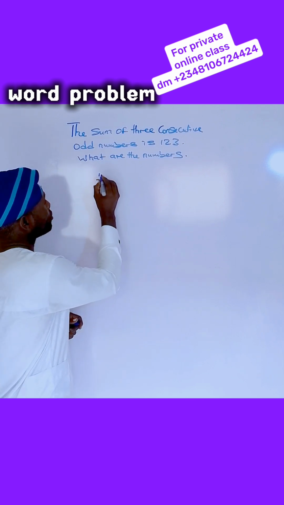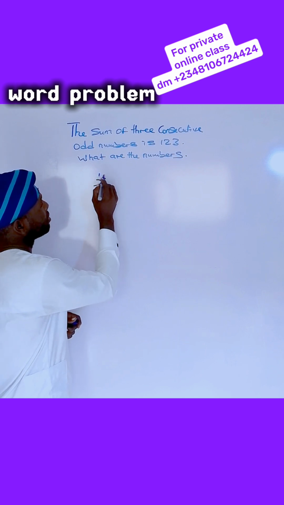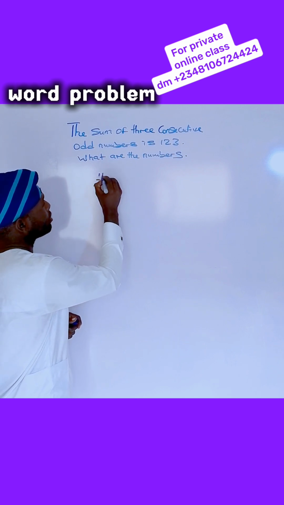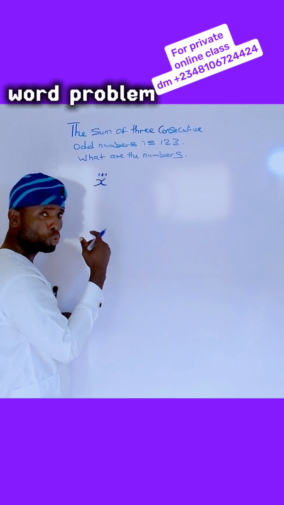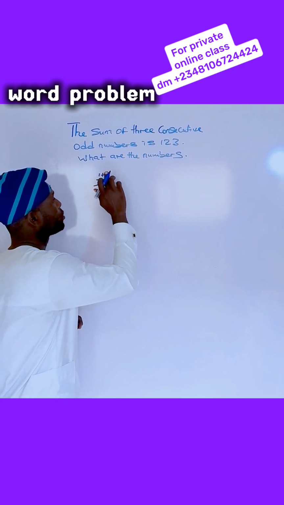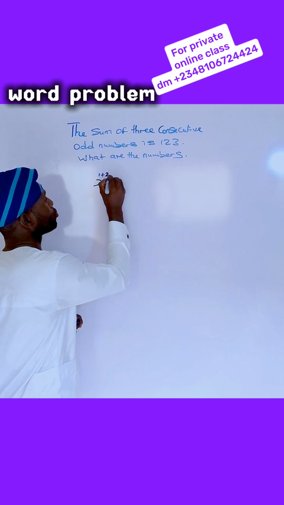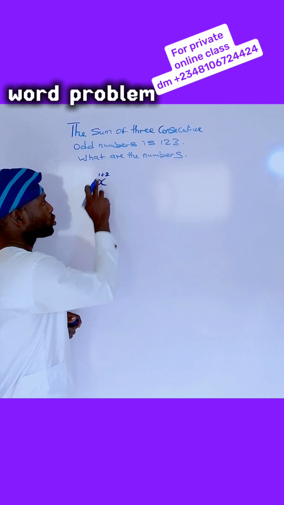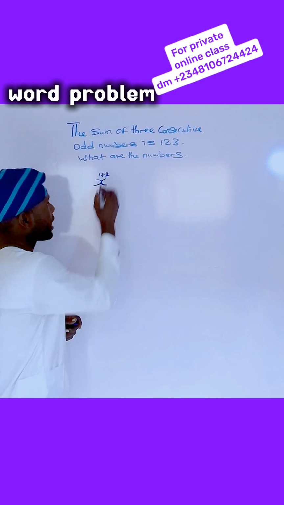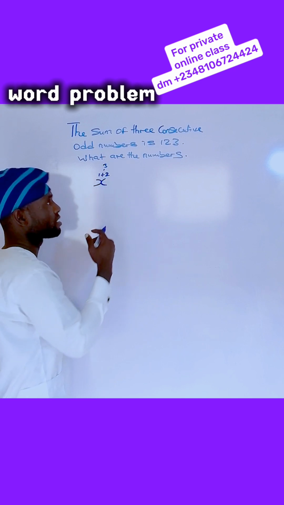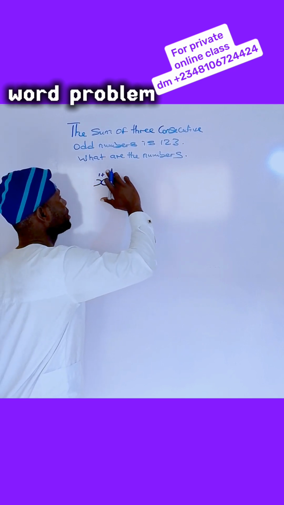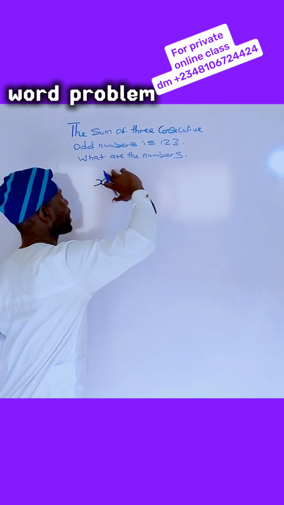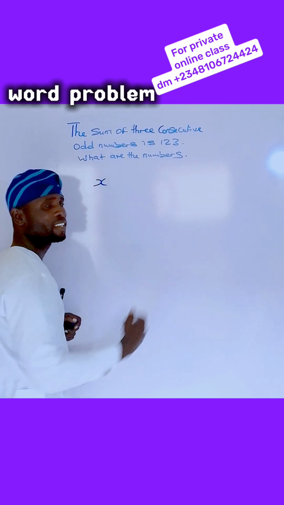The next one will be, for us to add the next consecutive odd number, let's say we add 1 to this one. If we add 1 to this one, it will be 2. 2 is not an odd number. Don't let us add 1 to it. Let's add 2. If we add 2 to this 1, we have 3. And 3 is an odd number. Therefore, we can be adding 2 to have the next